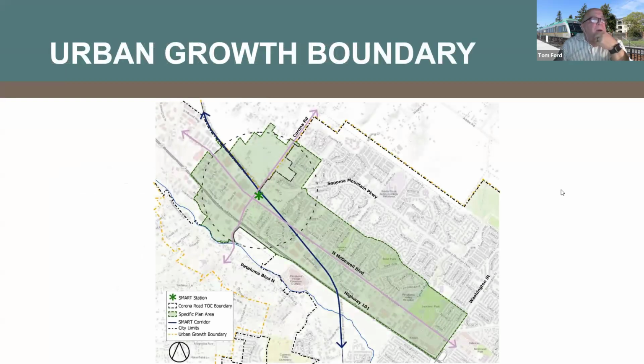So let me talk just a little bit about the urban growth boundary. You can see here, let me just turn on my little pen. Here's the urban growth boundary right now. And so this land right here is in Sonoma County. This land right here is in the plan area. It's in Sonoma County, but it's also within the urban growth boundary. So this past November, by a fairly overwhelming majority, I think it was 69% or something, the voters voted to approve the urban growth boundary for continued use,